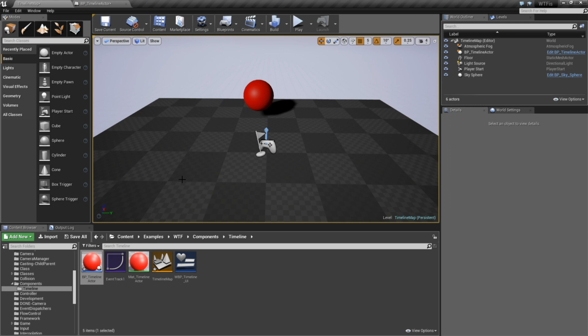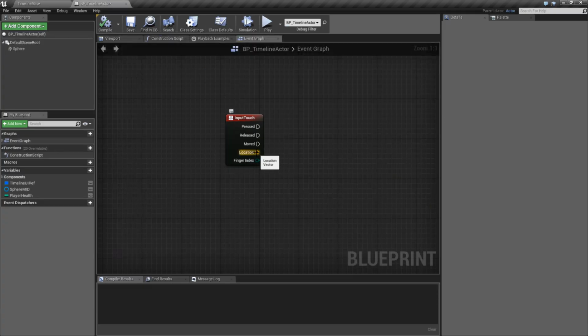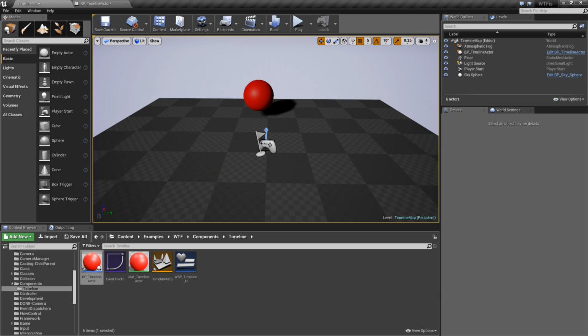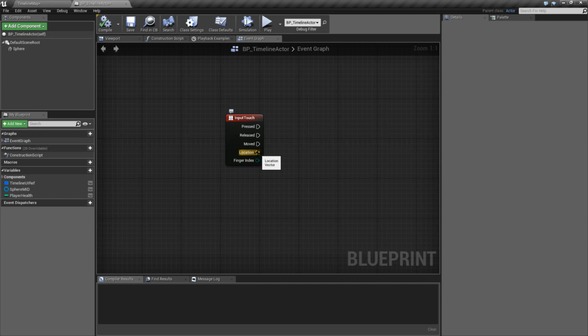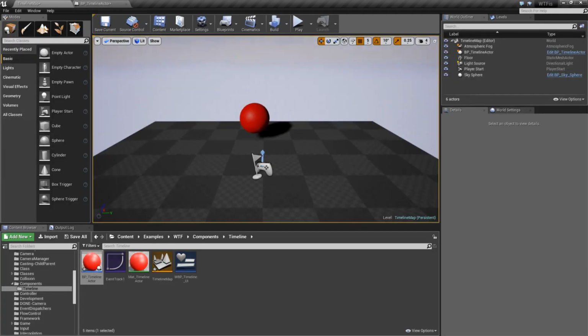If you want to go to a specific point, you can figure out where it's at. Here's the location, for example. And you can do a line cast or a line trace from where you are to that location, and then it should hit on that location. Actually, you technically have the location. This will be the location on the screen. So what you'd want to do,